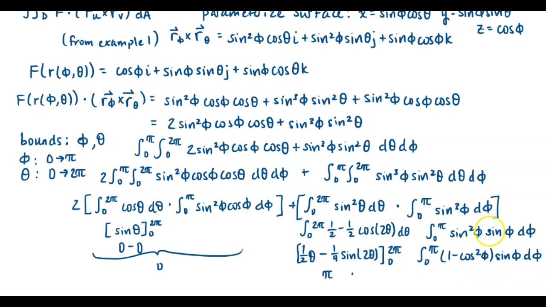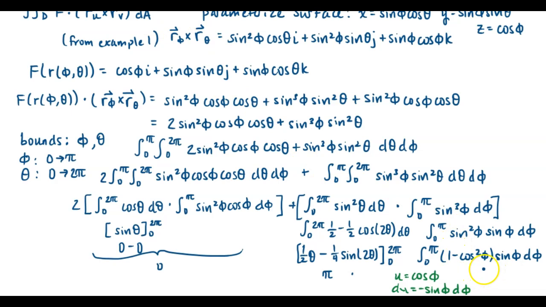In this way, we can use u substitution. If we let u be equal to cosine of phi, and du be equal to negative sine of phi d phi,